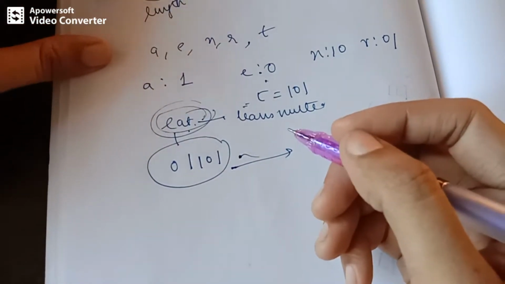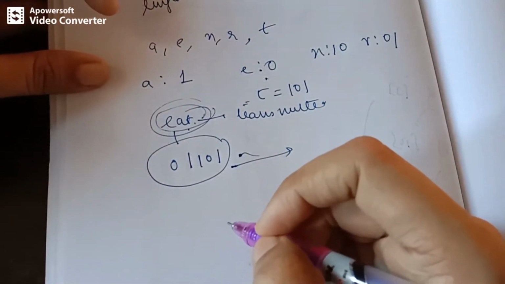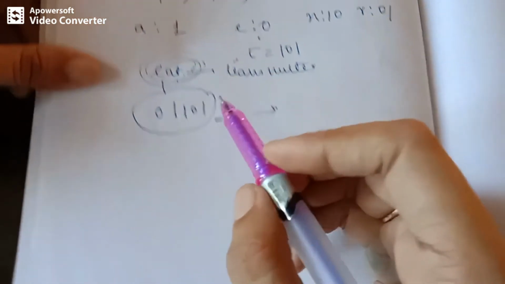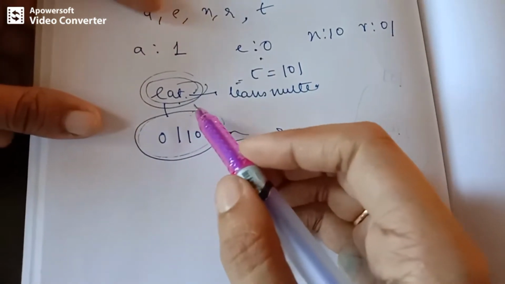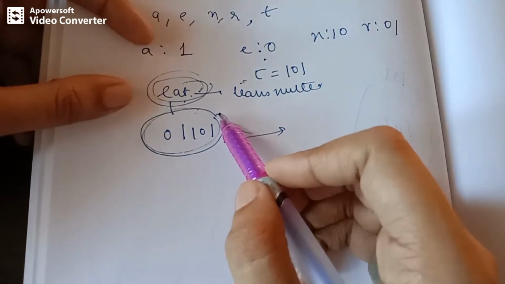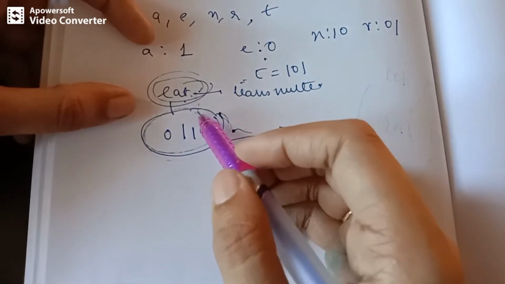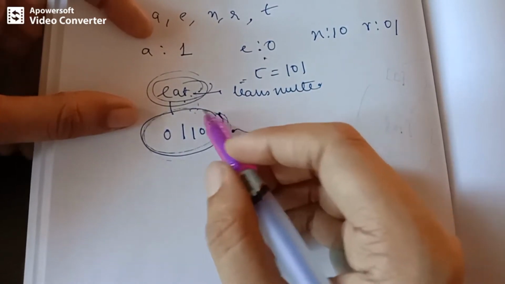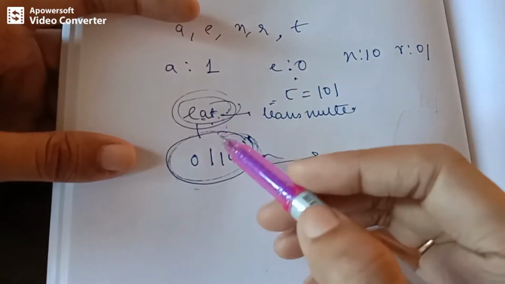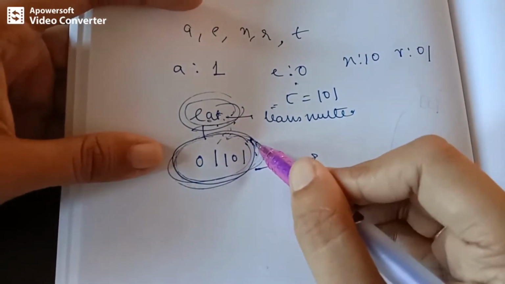Okay, then the question is, can it be decoded correctly? That is, whether we can get EAT with this, or can we get any other words from this? Basically, decoding should be in such a way that from this sequence I should get back only EAT and not any other sequence. So that is called the correct decoding. If it's not possible to get just this, if you are going to get other words for this particular sequence, then it is not correct decoding.